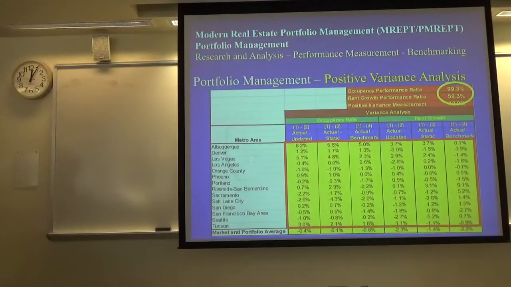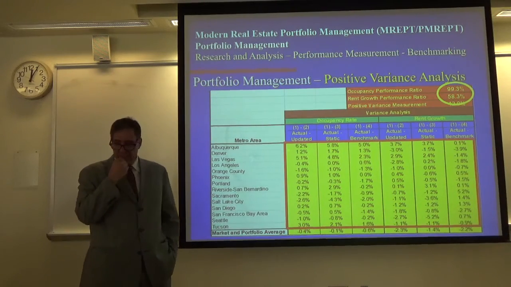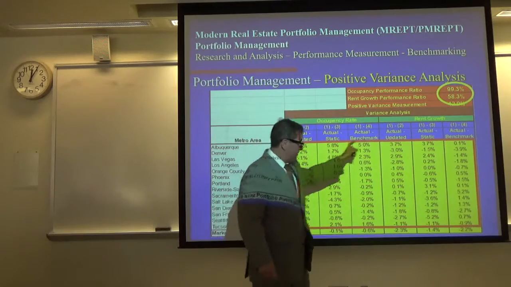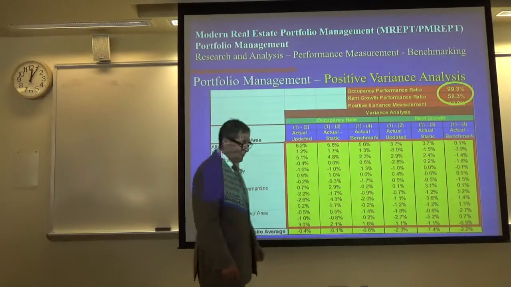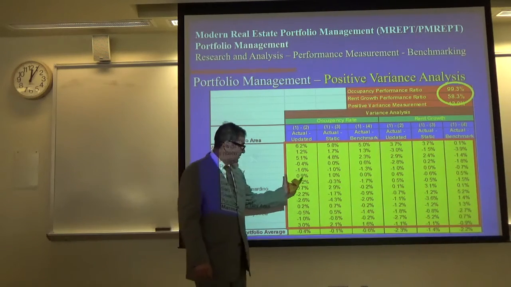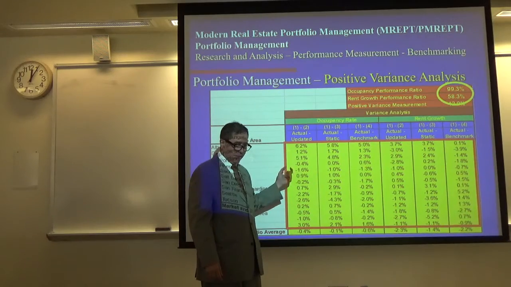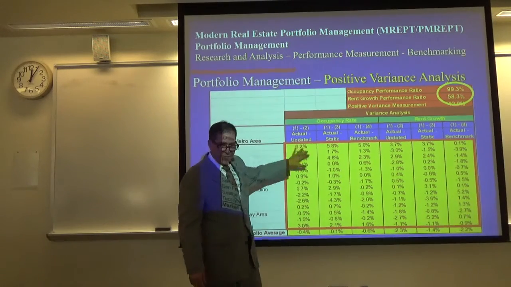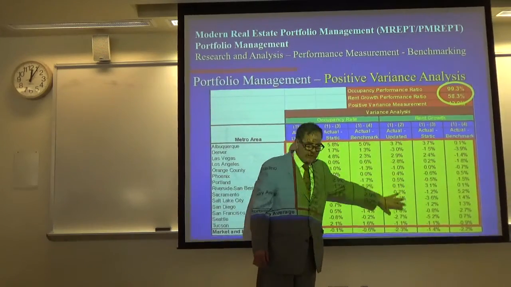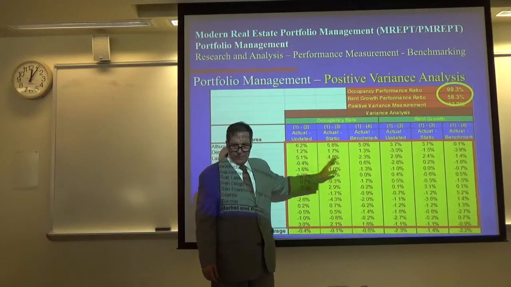Then what we did was we designed a portfolio performance report, where we basically look at occupancy rates and rental growth rates, and calculated the variances between the actuals, the benchmark, a static number, and an updated market. Now here's the roughly 30, maybe a little bit more, 30 data points in here. And so what we were looking for was positive variances of the 30.